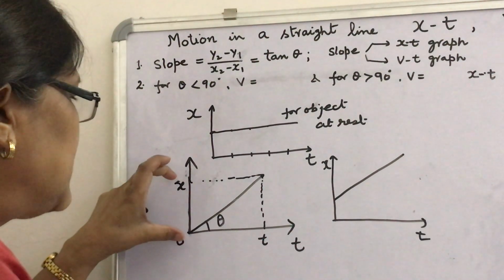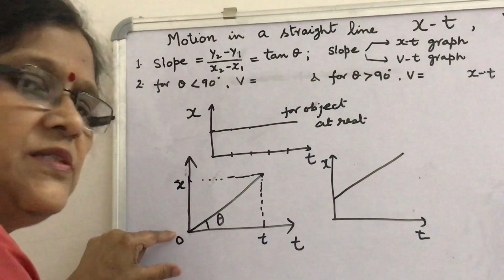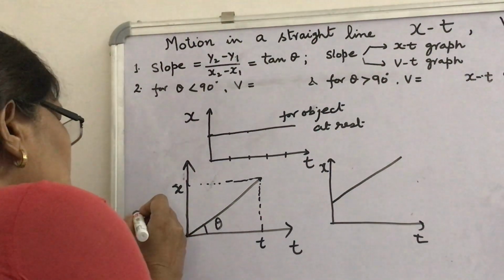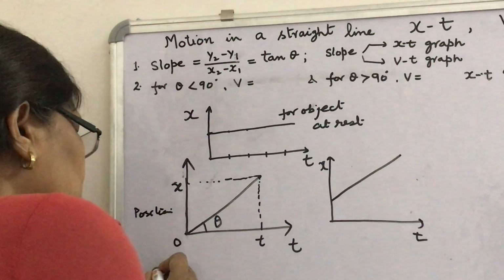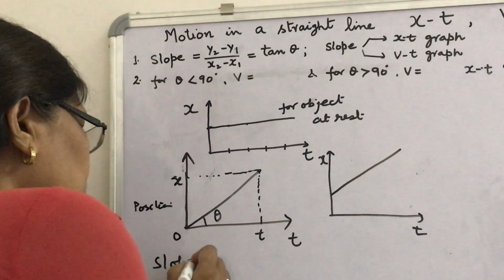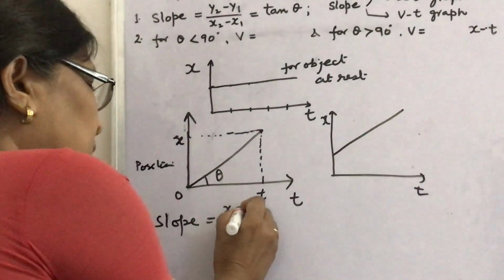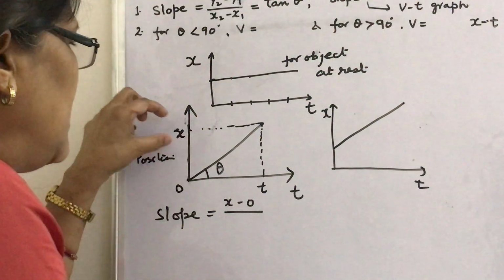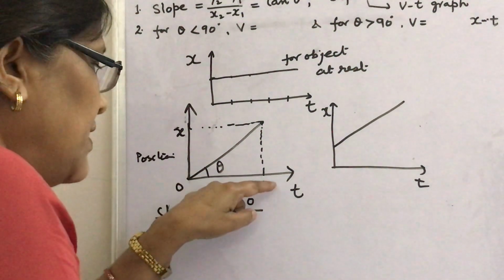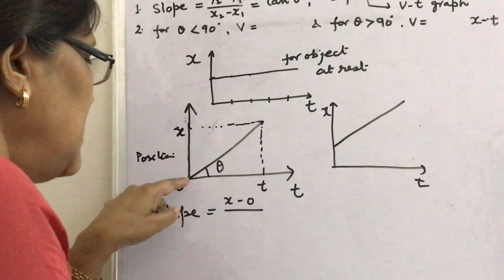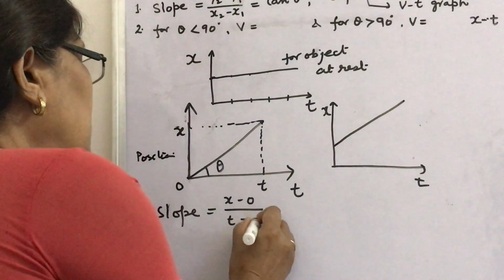What is on the y axis here? This is final position minus initial position. So, in this case you will write here that taking the final and initial position, what is slope? Slope, as per the slope you will write here x minus 0, again I am saying final position minus initial position, upon final time and beginning time at the beginning. So, you will write x_t minus 0.